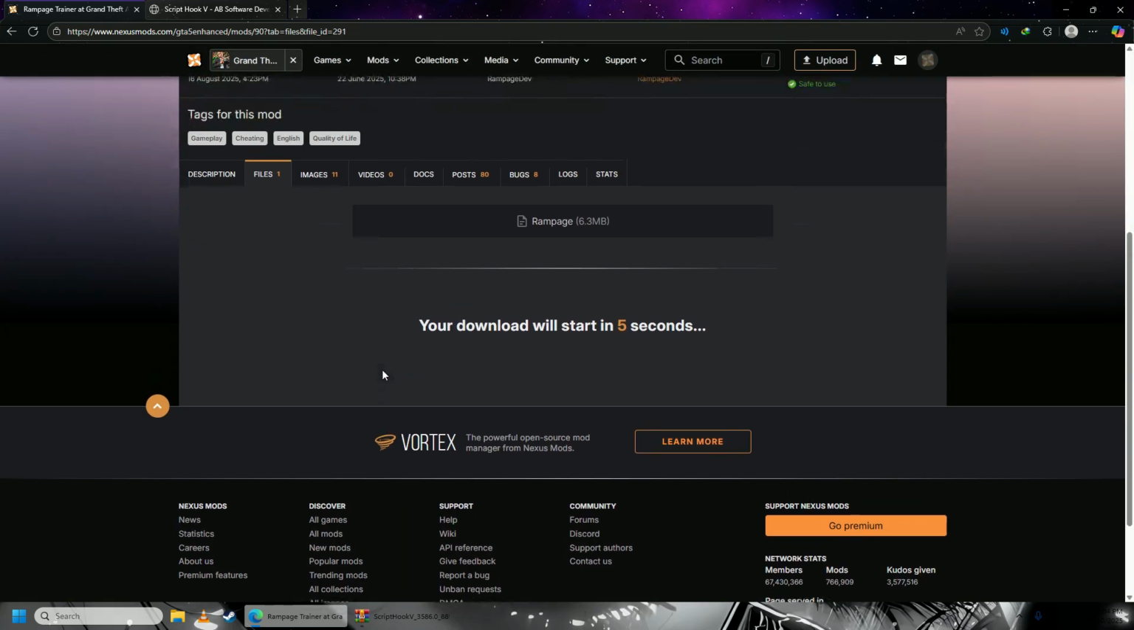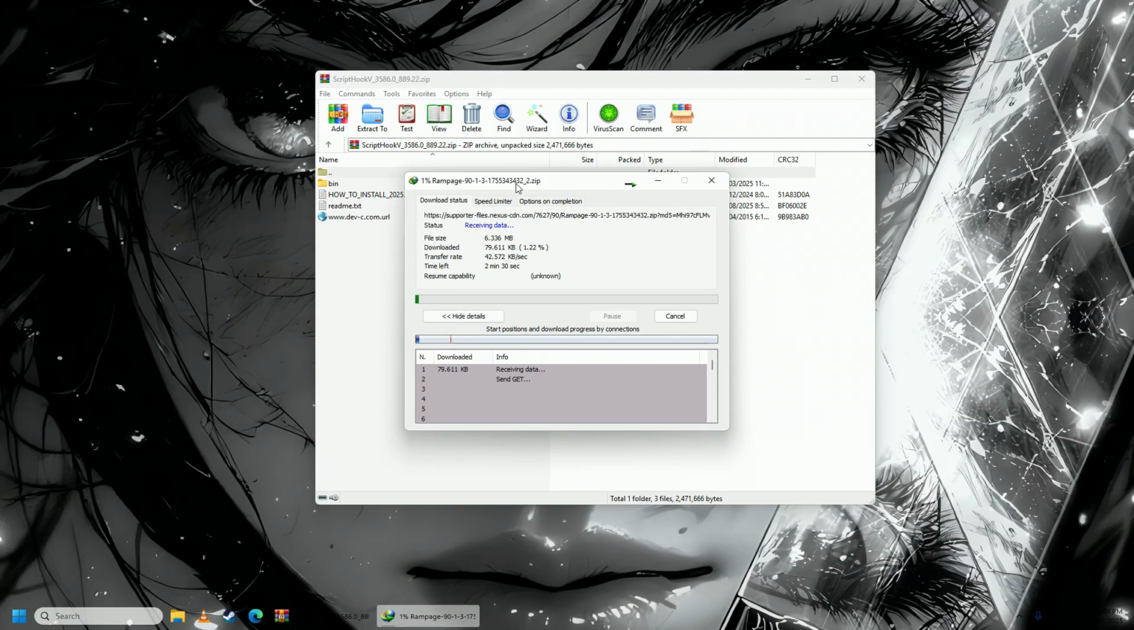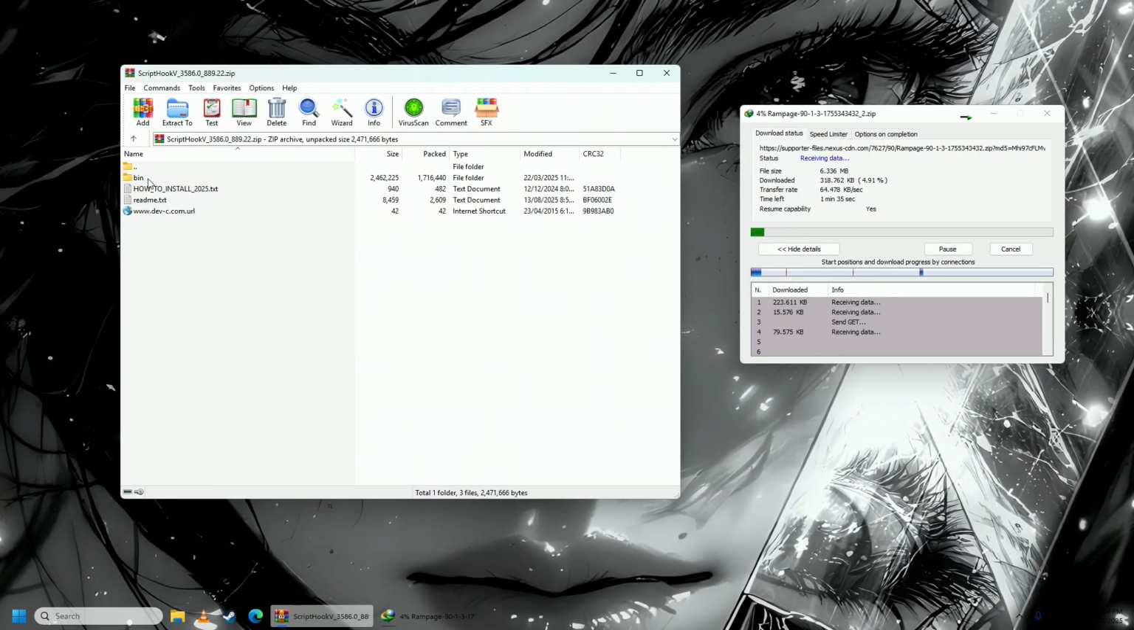Click on slow download. You may need to log in with your account. If you don't have an account, just create an account. It takes like a minute. And once you download both of those WinRAR files, then you're just going to